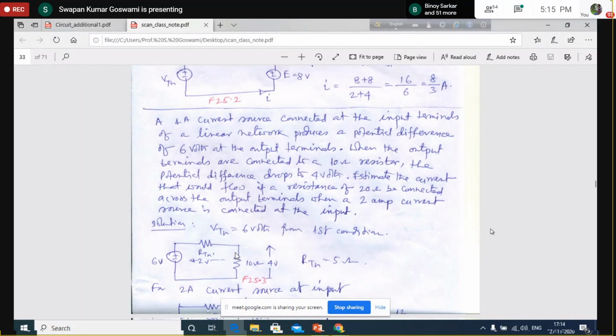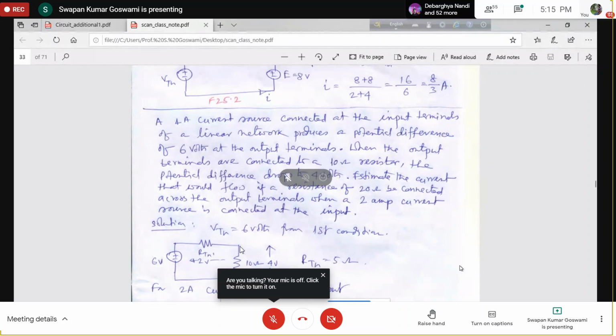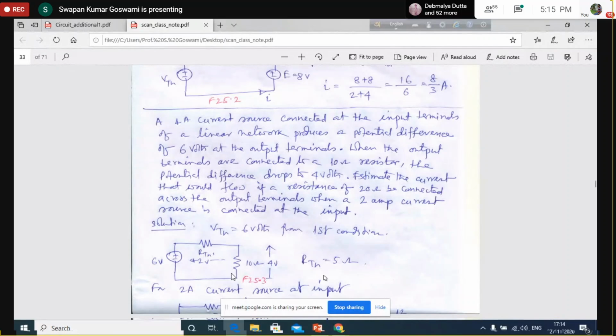So we can say that across the 10 ohm, since the voltage is 4 volt, the remaining 2 volt will appear across the internal impedance. So 4 volt appears across 10 ohm, and 2 volts will be appearing across 50% of this resistance. So it should be 5 ohm, isn't it? That means since 4 volts appears across the 10 ohm resistance, certainly if you consider a series circuit, the voltage drop across the internal resistance has to be